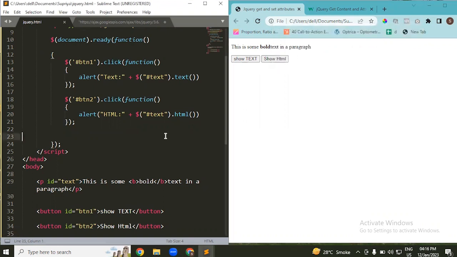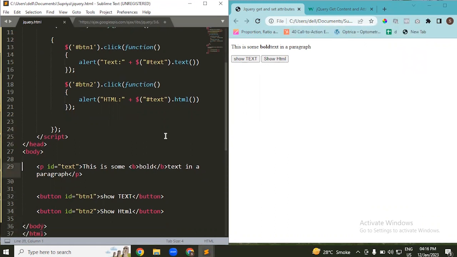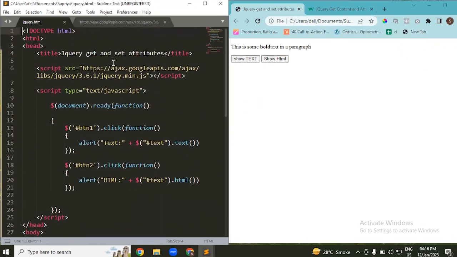Now let's see the program once again, so you will better understand this particular program. So first I have written a simple title, that is jQuery get and set attribute. Then we have provided a CDN link. Then inside a script tag, we have mentioned a method, that is document.ready function. Then we have used one button. And on click of that button, we have written one function that indicates the alert method, saying that particular text